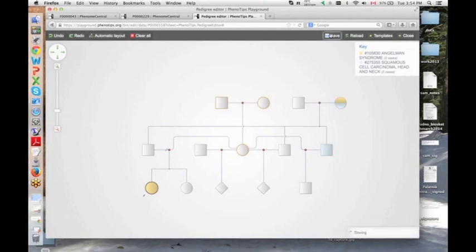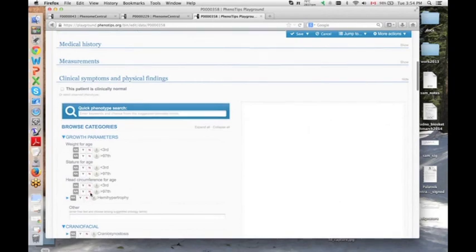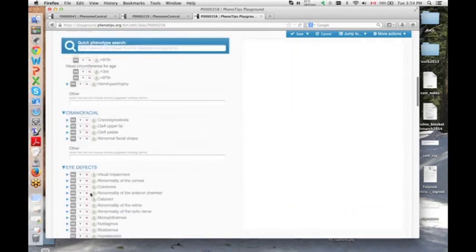For example, if I now save this pedigree and close this window, this list for example, the common phenotypes, is completely configurable from the administration menu of the database. Each person can configure them for their own use. If you want to change the code, you're very welcome to do that.